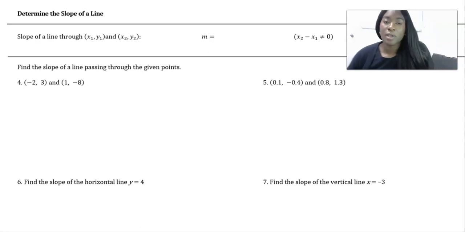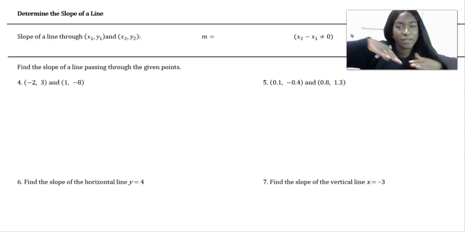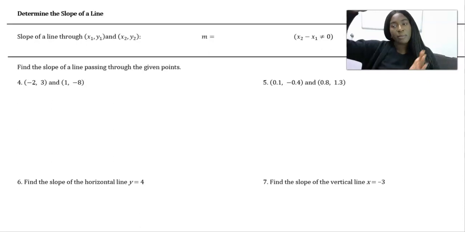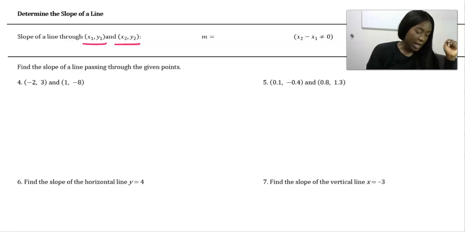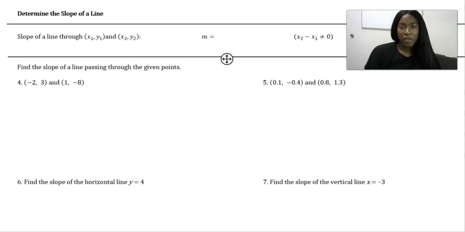The next thing we're going to be talking about is how to find the slope of a line. And the slope is a measure of how slanted a line is, whether it's very steep or not so steep, things like that. So let's say we have a line that goes through 2 points, and I'm just calling those points generically x1, y1, and x2, y2. If a line goes through those 2 points, then the slope of that line is